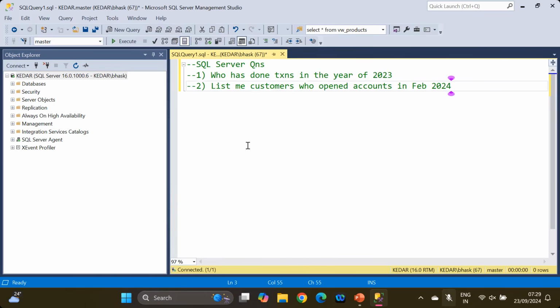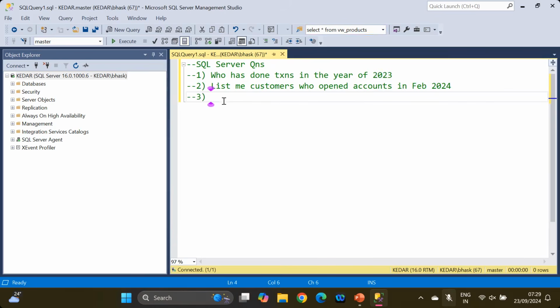I wanted to ask some questions. So they'll give you a couple of questions, but they want to get the data by giving some fixed times. Okay, they want to see the data of 2023, or they want to see the data of February 2024, or